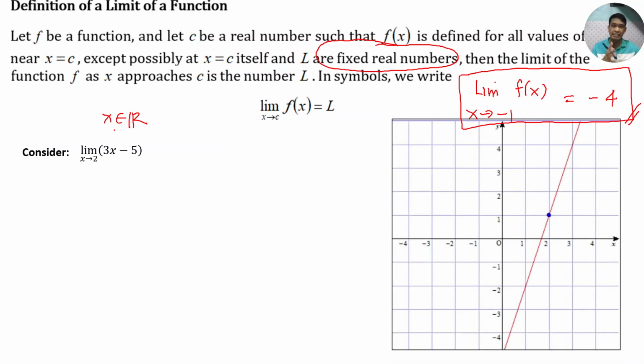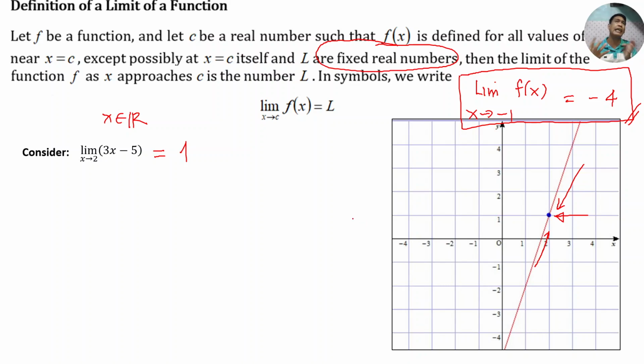So, as clearly seen in this graph, na yung value na ina-approach papunta dun sa x is equal to 2 ay fixed number, real number, which is equal to 1. So, unique yung value ng function natin na nakukuha as it gets closer to x is equal to 2. Thus, the limit of 3x minus 5 as x approaches 2 is equal to 1. So, ibig sabihin,